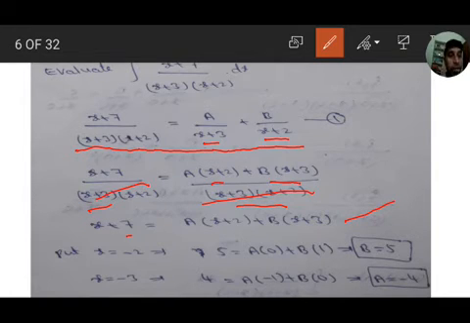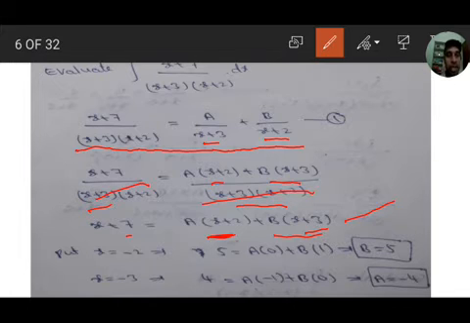To get a value, b must be 0. B must be 0 means x equal to minus 3. If we substitute x equal to minus 3, the b term must be 0, we get a value. And to get b value, a must be 0, so put x equal to minus 2, since x plus 2 is there. If you substitute minus 2 in the equation, a is 0, then we get b value. So x equal to minus 2, x equal to minus 3, we get a value, b value.